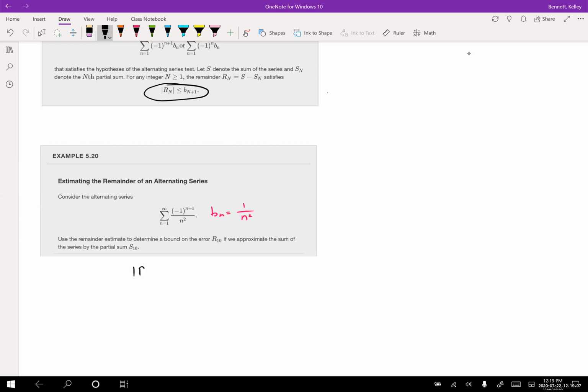So we know that R10 is less than or equal to the 11th term. So the 11th term being 1 over 11 squared, 1 over 121. So we've bounded the remainder by 1 over 121. But let's say